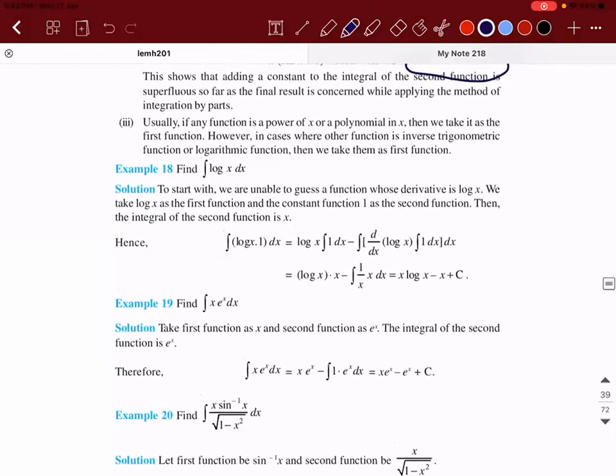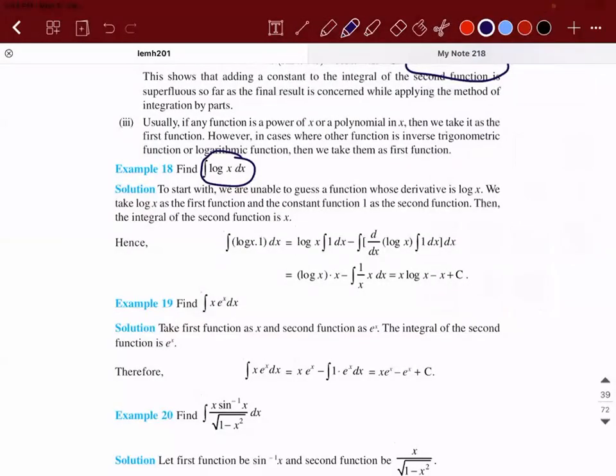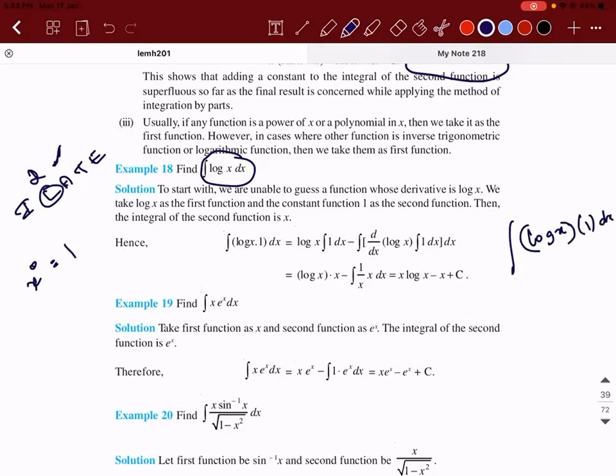Right. Now, find the integral of log x. One common mistake that will happen is people will write 1 by x. But the answer is not 1 by x, because the derivative of log x is 1 by x. So what is the integral of log x then? If you look at ILATE, L stands second, right? You don't have any inverse trigonometric, right? So when you don't have any inverse trigonometric, the thing that you can involve is algebraic. In algebraic, you can do x power 0, which is 1. So you can write it as integral of log x into 1 into dx.